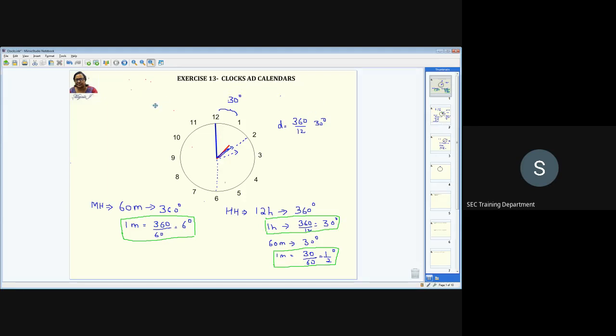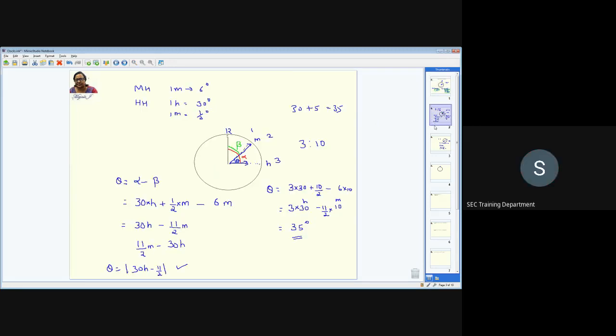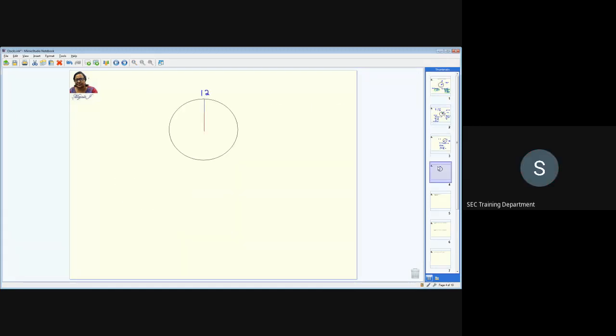Shall I copy this? One minute. No, I'm unable to copy. 1:05, okay, fine. It's almost good, correct. But the thing is, it's not exactly 1:05. When you go for clock problems, we cannot go for the approximate value, because clocks mean you have to find out the exact value. So, as you guessed, 1:05 is close.